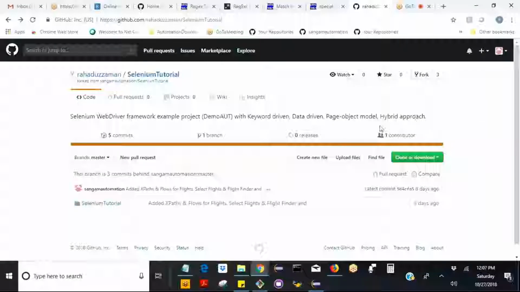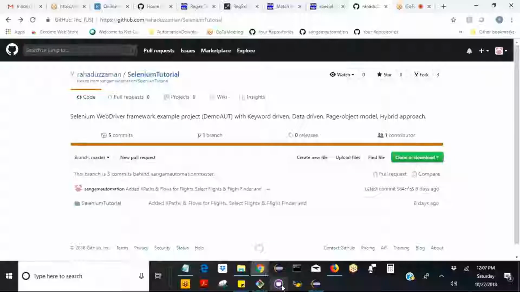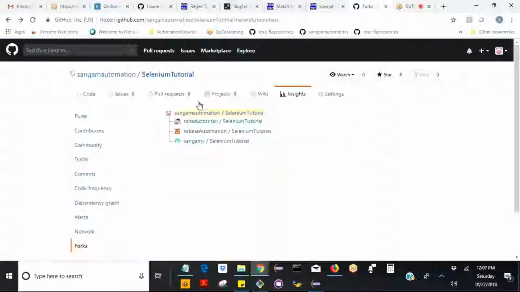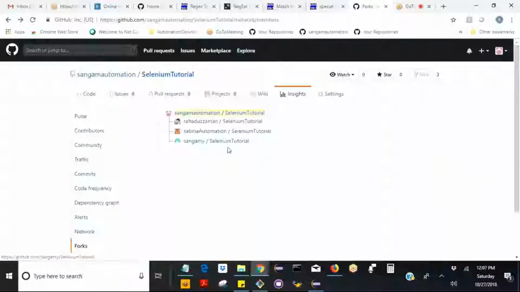And how about you, Sabina? How are you taking updates? The same way, using Git Bash or some other way? Are you using the desktop version or Git Bash? There is a Git desktop version too. No, I just use the clone or download option. Oh, you are just cloning the latest one. Yeah. So this is the old update, right? So the latest update is